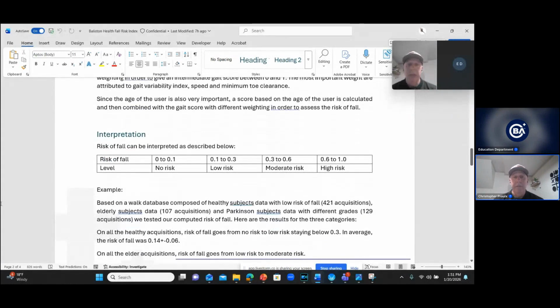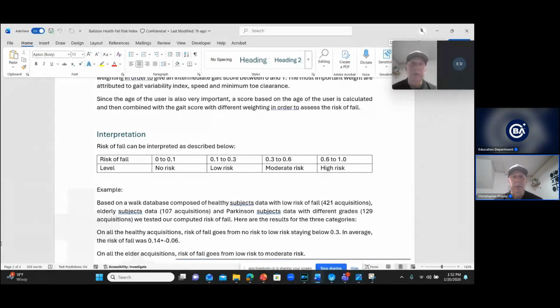So what it's going to have is a fall risk profile from a scale of 0 to 1, and it's going to have a dial very similar to the speed or the symmetry. It will be automatic, and it will calculate that based on the variability that we don't have in all the metrics. The only one where we represent variability is in the pronation supination with the standard deviations, but it's going to take the data from all of these metrics and biomarkers and generate that score based on what's known,